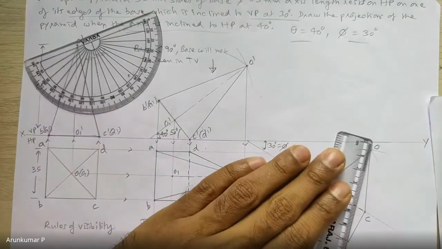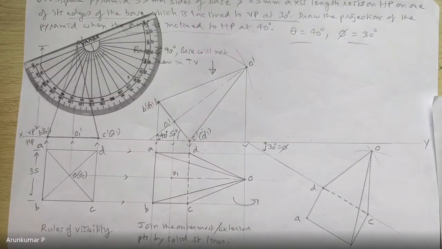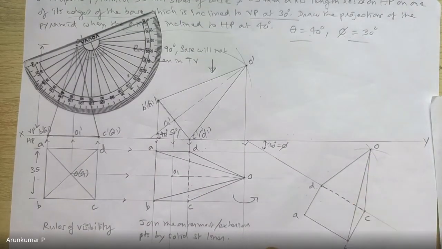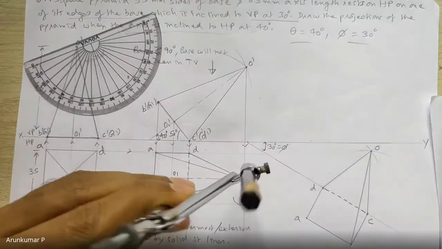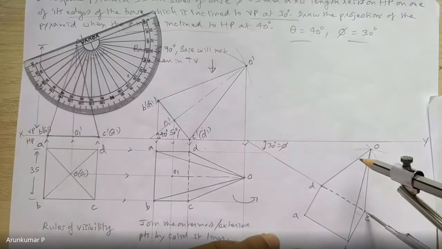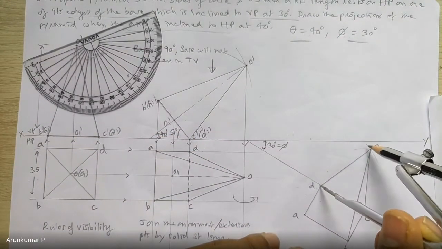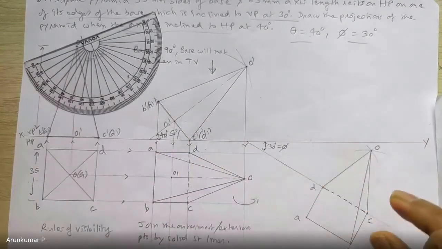Also you can join OB also. Sir, C to O we should take, no, sir? Hmm? C to O I have taken. See, the thing is, C to O and D to O both are same. That is why if I measure once, I'll use the same length here, D to O also, and cut it. Because both these distances are same.